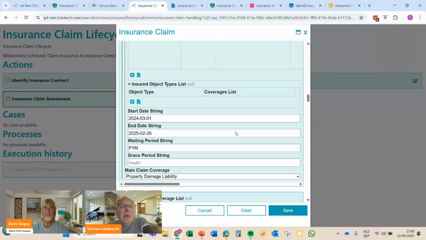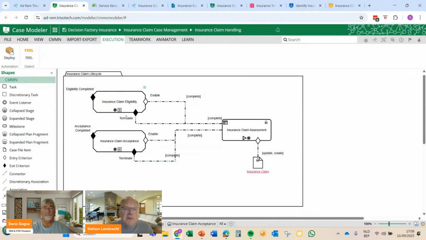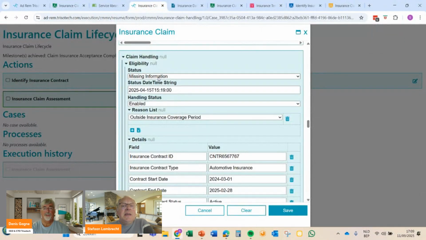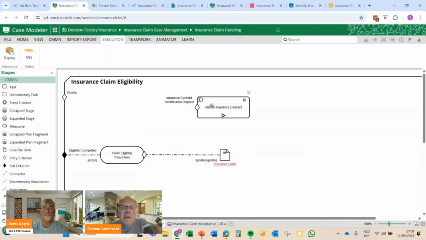Then I'm going to go down here to the eligibility part. What the DMN model comes up with is a handling status enabled. So that will, in fact, kick off this stage. And on the other hand, it says the status is missing information, and that will kick off this process.